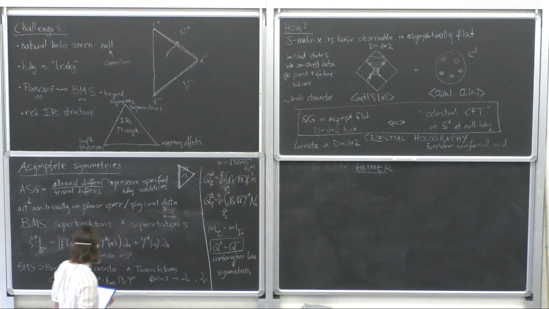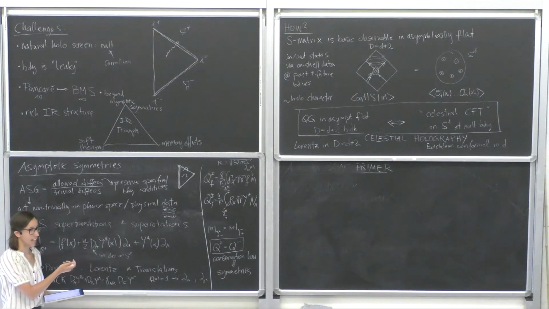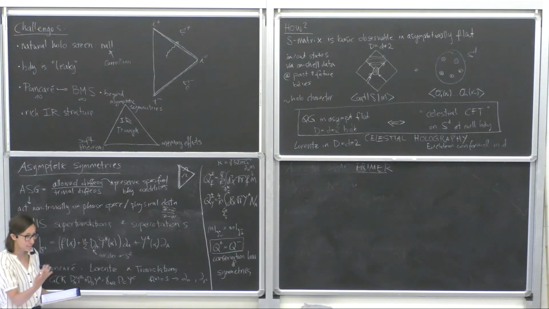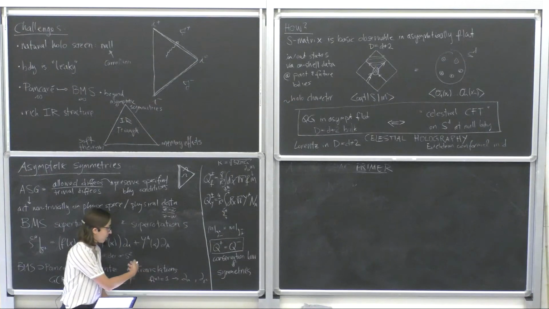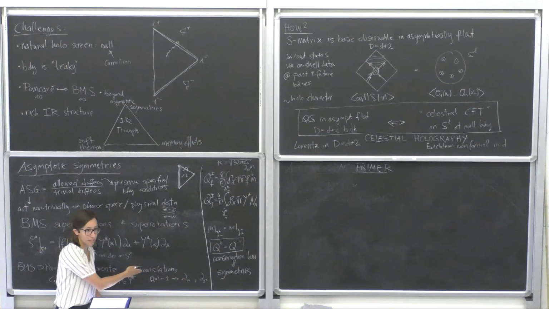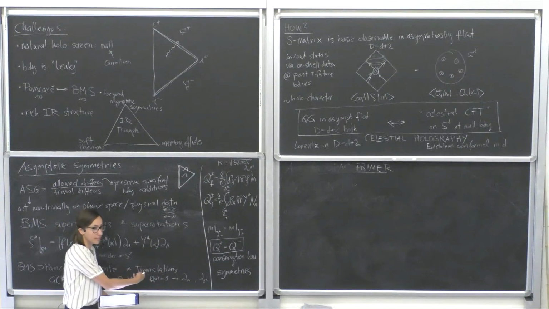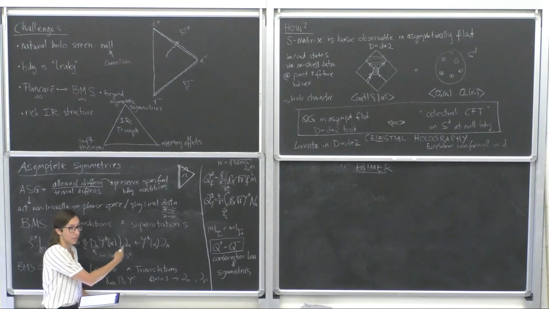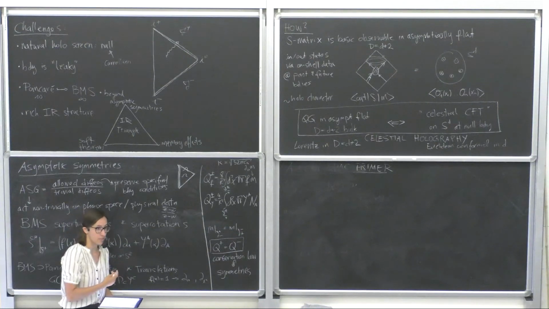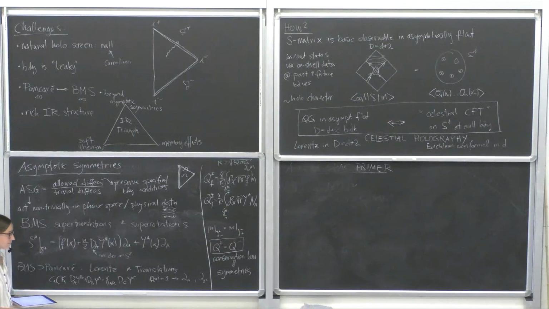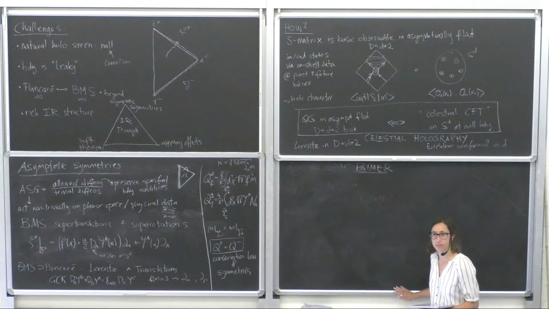So your question was about BMS representations. The Lorentz symmetry will then act naturally in a 2D CFT as the conformal symmetry that we're used to, but the translations will act in a different, unfamiliar way as far as CFTs go. I will tell you how that works, and then incorporating that together with Lorentz symmetry, first of all into some Poincare representation is the first step, and then BMS representation is the next. But so far there is not much that I can say about a good way of presenting this.